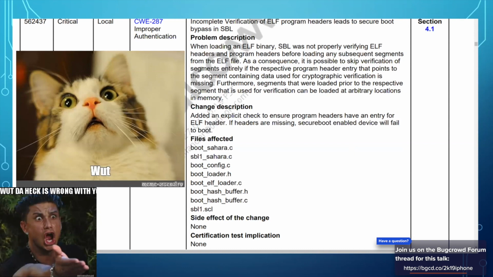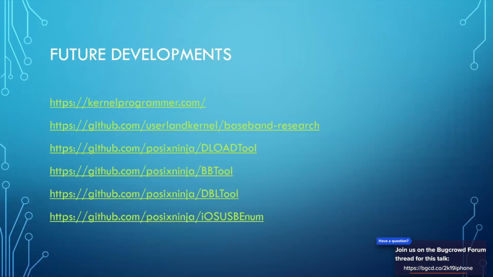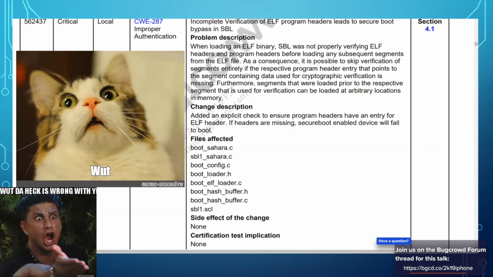This is a really big flaw in the Qualcomm baseband bootloader secure boot chain. And this is the only way I know so far to get code execution on boot without having to do a lot of stack buffer overflow exploitation. So this is the best case of exploiting the baseband. And since you can exploit this by just taking the unsigned bootloader of this version, not even a signed bootloader, you can restore always using this bug. I believe the iPhone 4S and the iPhone 5 are both affected by this bug, and the iPhone 4 as well.